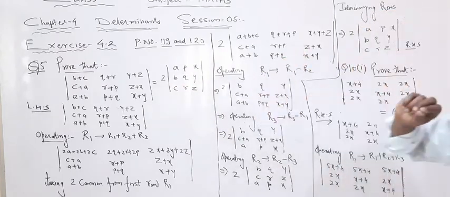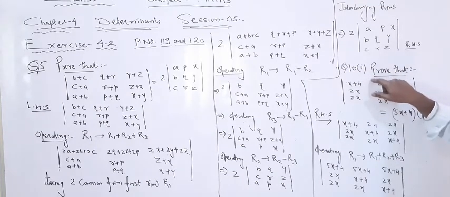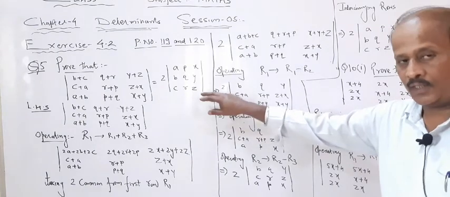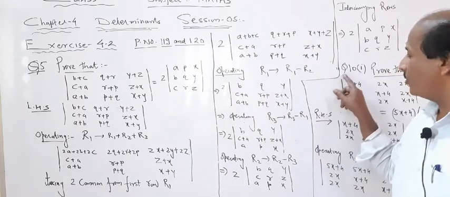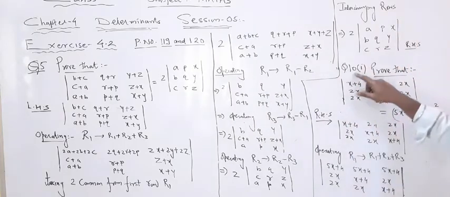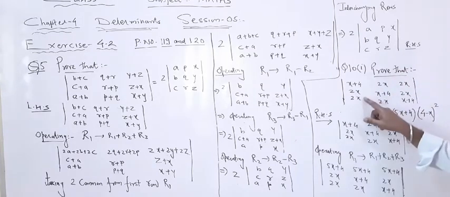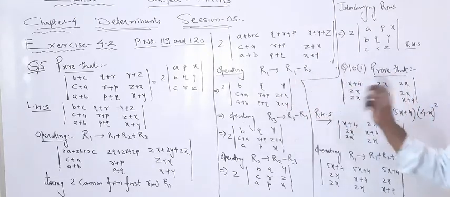Now, one more question I selected. It is question number 10 part 1. So, you try to do other similar questions of this type. In a coming session, I am going to do all the hard questions gradually. But one more question I selected. Question number 10 part 1. Now, here you see a determinant is given and they are not asking you to answer in the form of determinants. So, these 2 questions are of a different type.